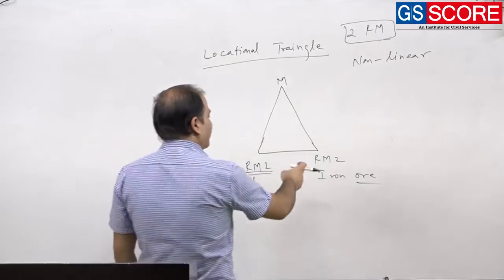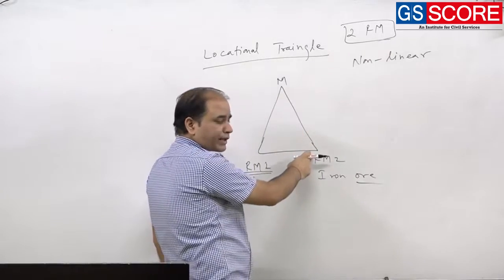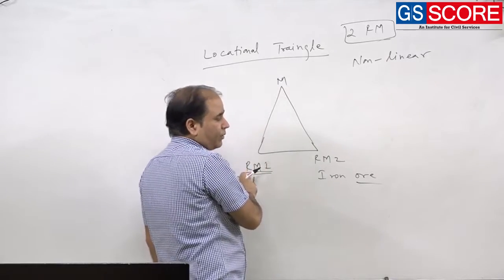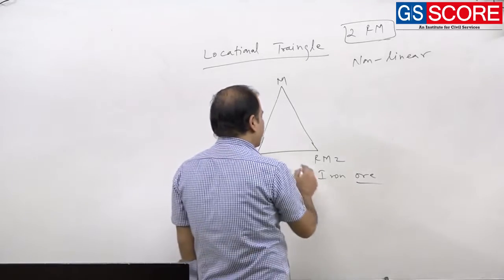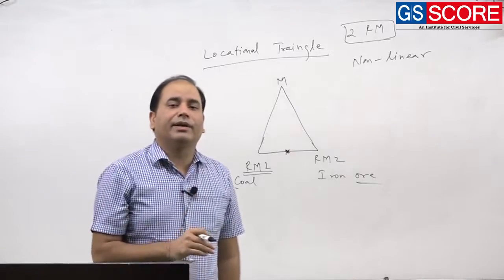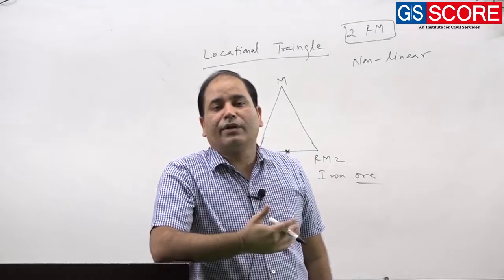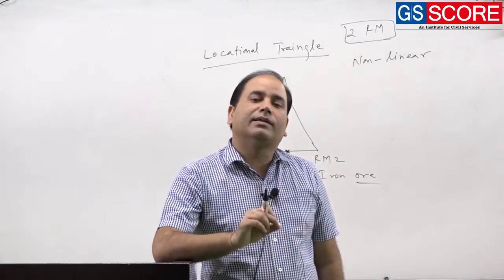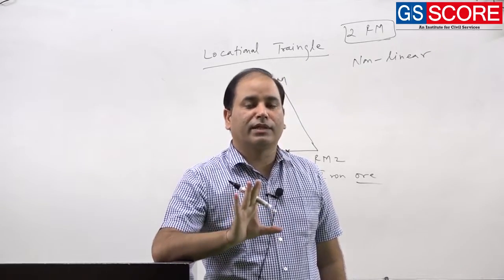So, if you require more amount of raw material 2, that is iron ore, the industry will be located near to the iron ore. If you require more quantity of coal, the industry will be located near to the coal. If you require equal proportions of iron ore and coal, the industry will be located somewhere in between these two, where you can save most of the cost in transport. So ultimately, the industry will be located based on the least transportation cost.